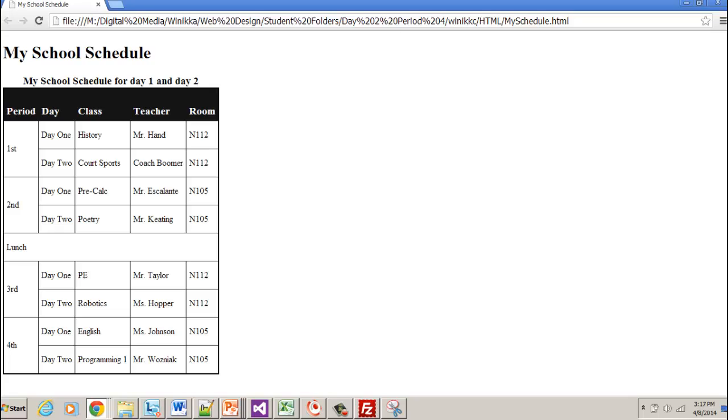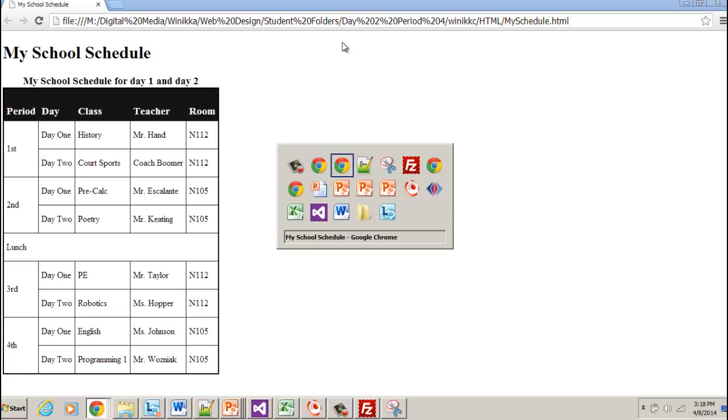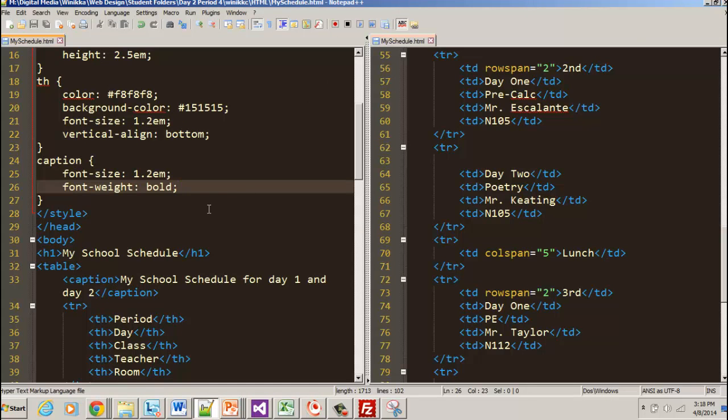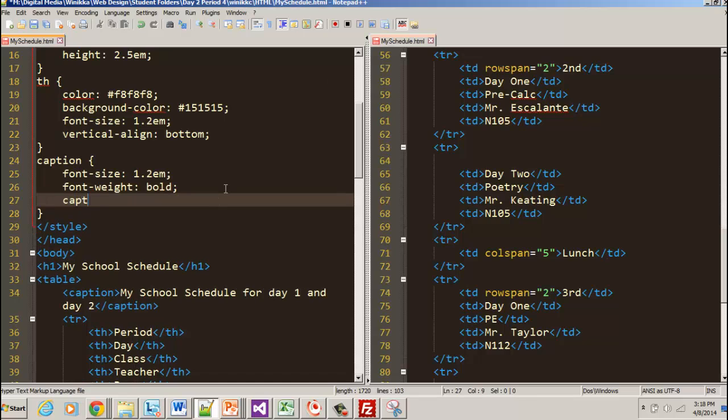Okay, if you want to move your caption to the bottom, you're going to use a thing called Caption Side. And you can do bottom or you can do top. Top is default, so if you're ever going to style it,